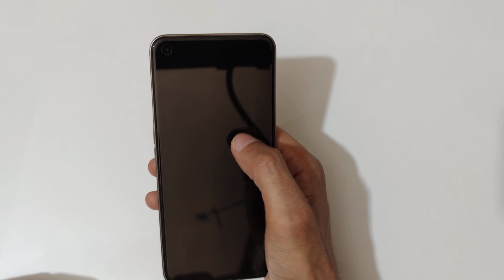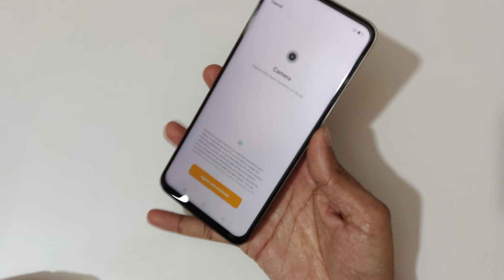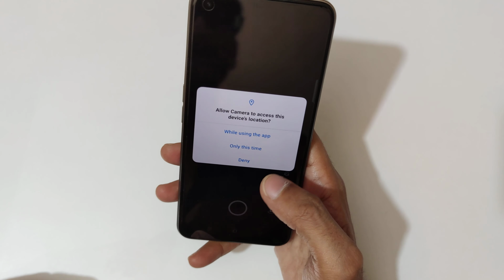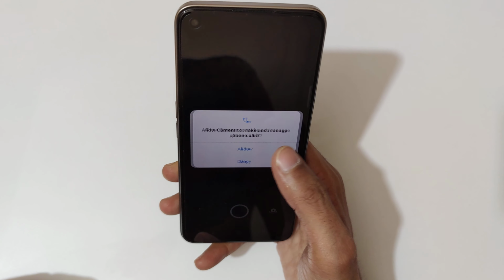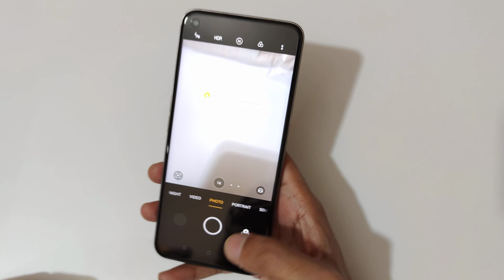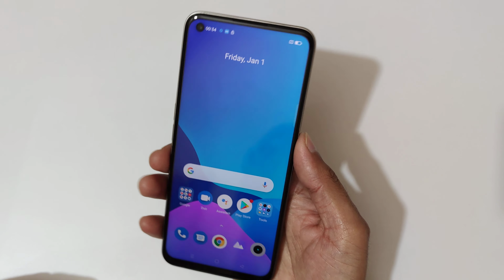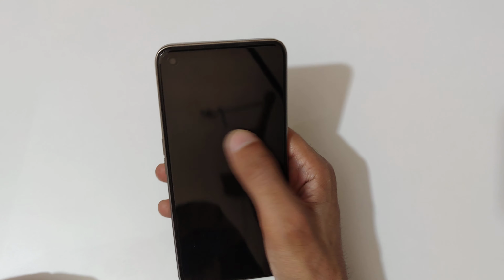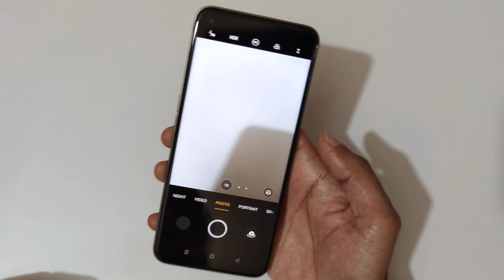And if the screen is off, draw O like this to open camera. Just agree and continue. Okay, allow permissions, and you can see when the screen is off, just draw O like this to open the camera,